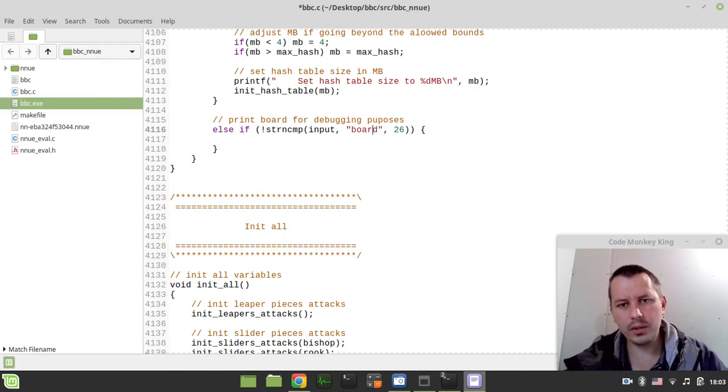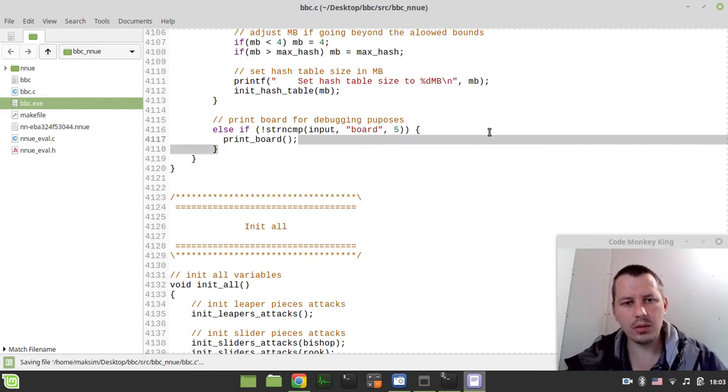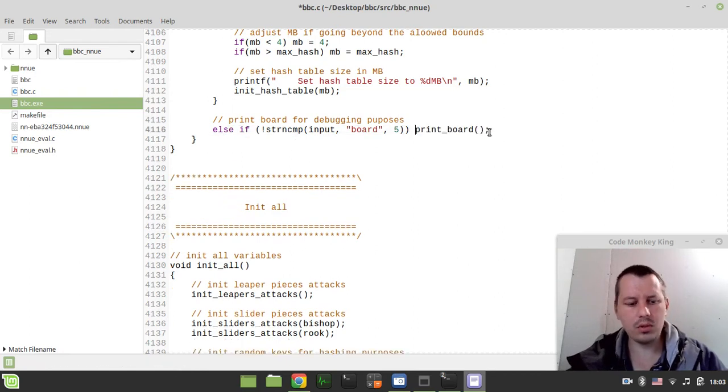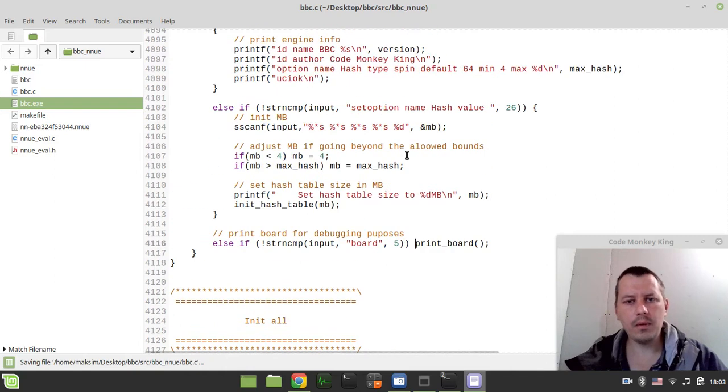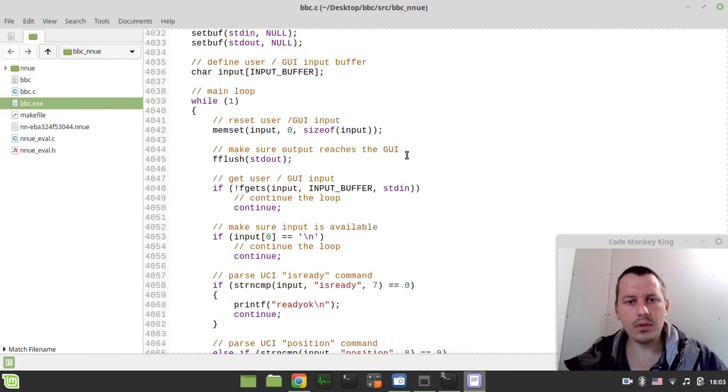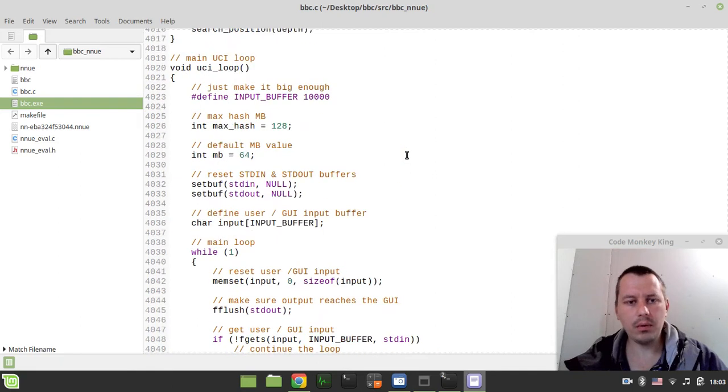So 1, 2, 3, 4, 5 characters to compare, and here I just want to say print board, and actually this should be enough. Okay, and just to give a user an idea that this is available,